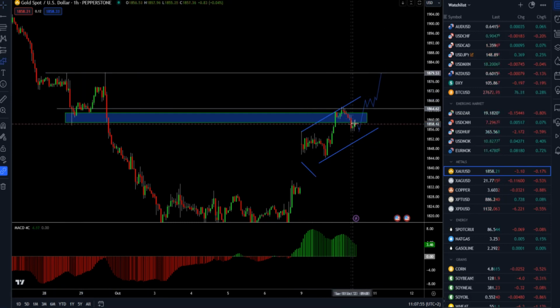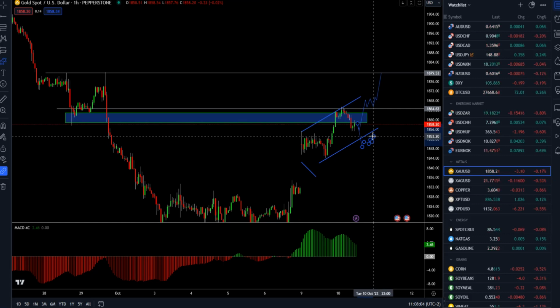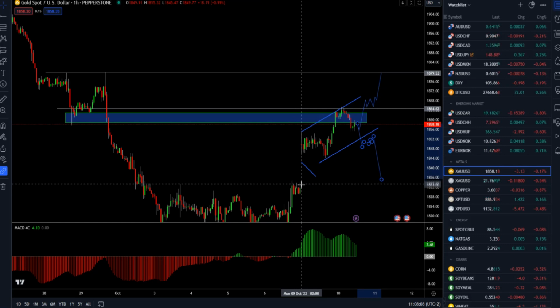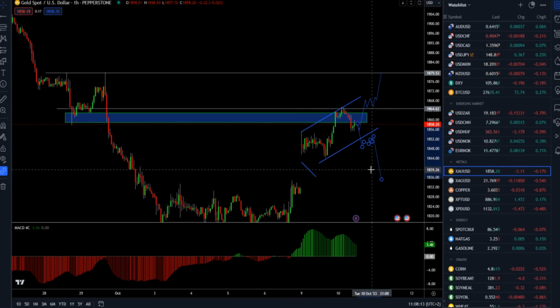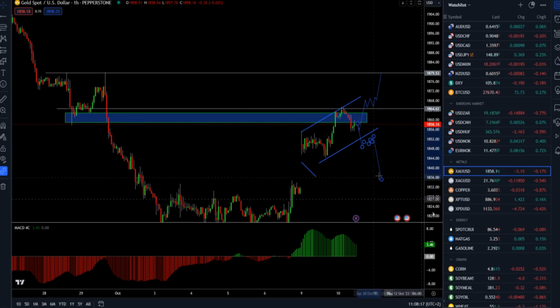Now, the scenario for the downside will be if the market really goes downside and below the 1850, and then we have some weak reaction from buyers, and there is a chance for the downside and kind of a fill the gap situation. The gap area is between 1830 and 1843. So that is the downside scenario around this pivot level.